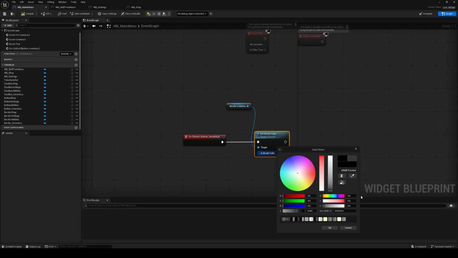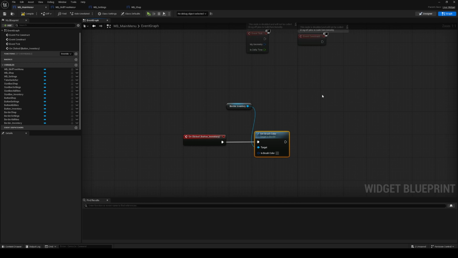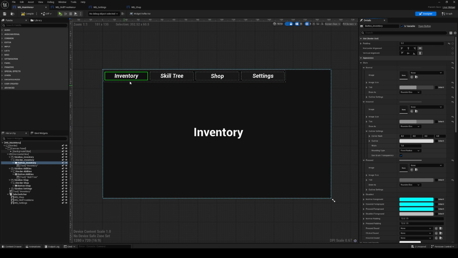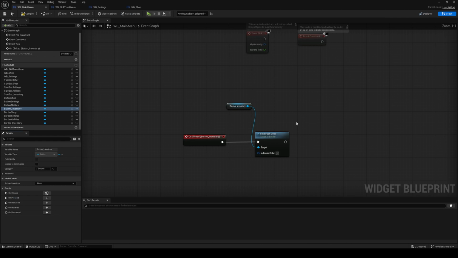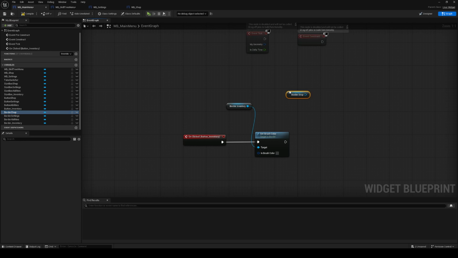So basically the one that changed the color. So this one, the darker color. Once we press it, we want it to always be the darker color, so that's where we know which page we're on. And then we're gonna get all the borders, the rest of the borders, and we want to